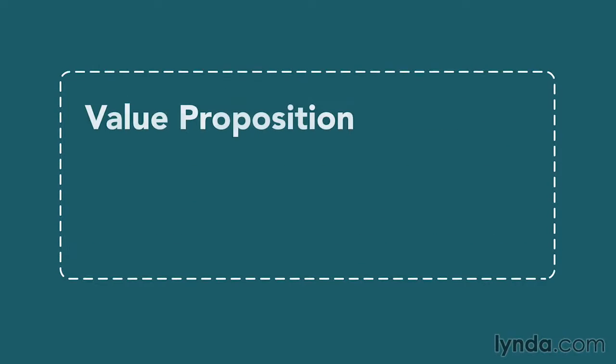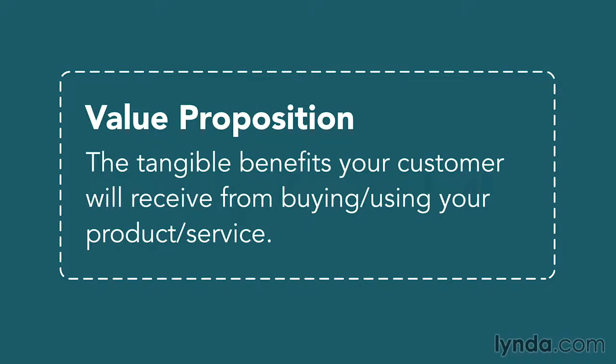Your business plan needs to spell out the value proposition of your product or your service. What are the tangible benefits that your customer is going to get from using your product? Are there things like cost or time or quality? And you need to quantify these things to the extent that you can. Perhaps you include testimonials in the business plan or test results. If you can't quantify it because you're selling softer benefits, there's an approach that I call the what do you have to believe approach for quantifying it.